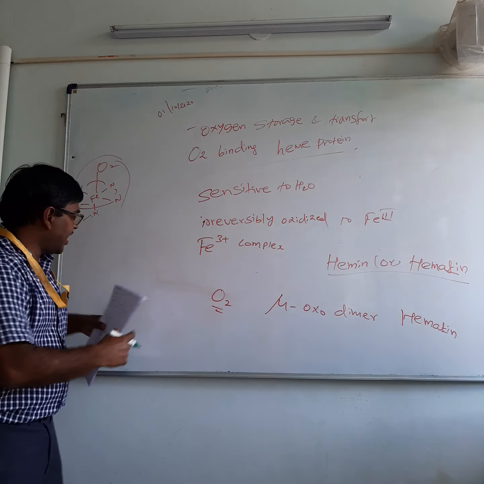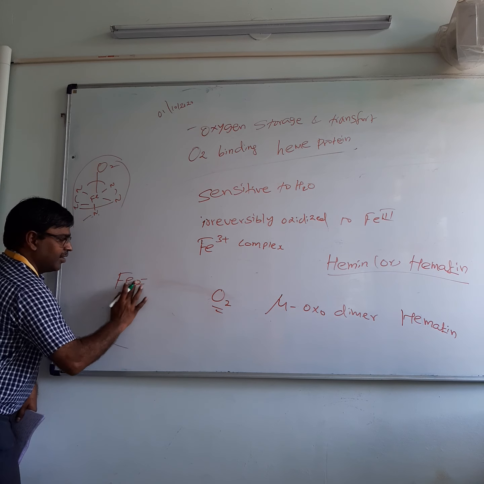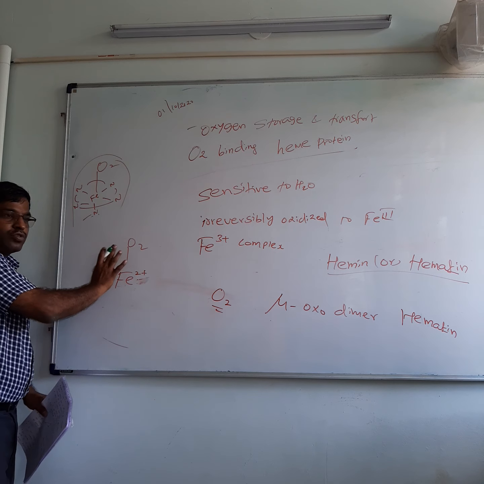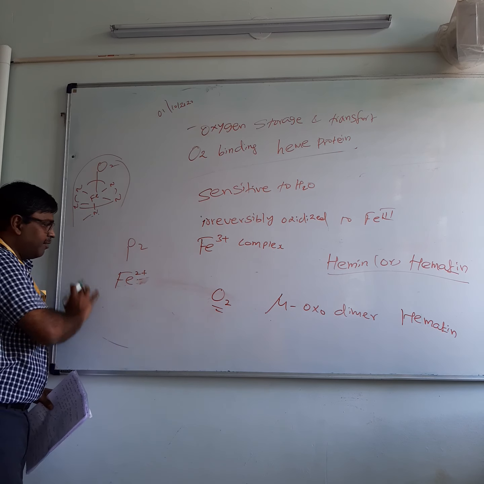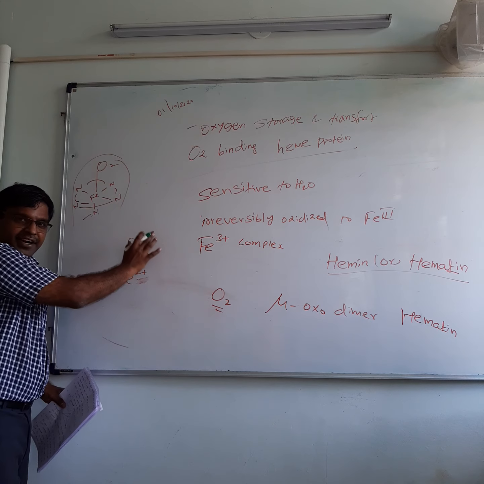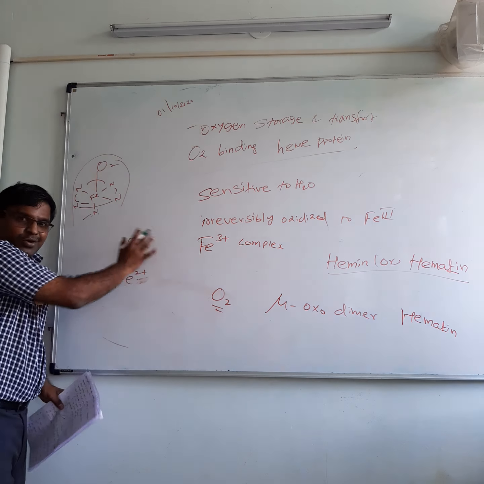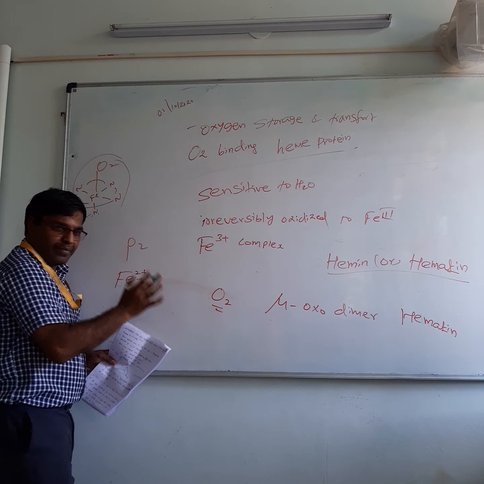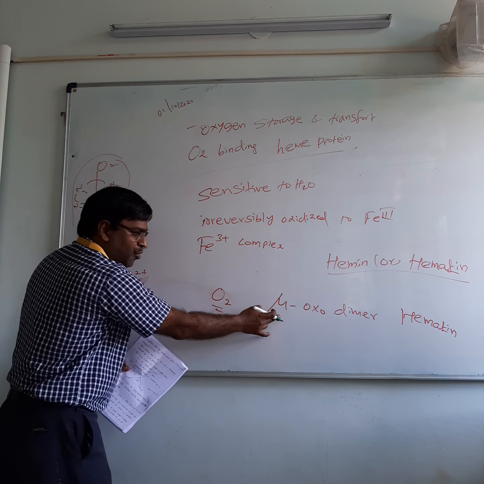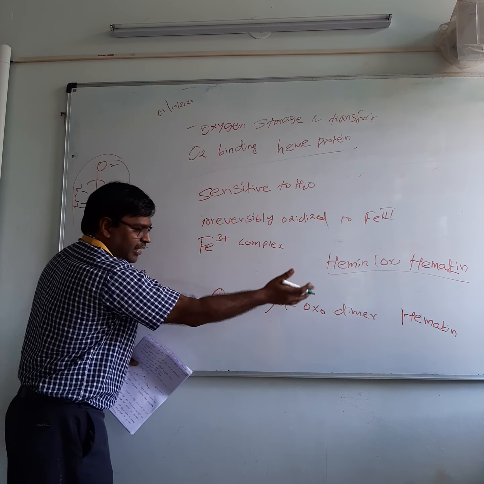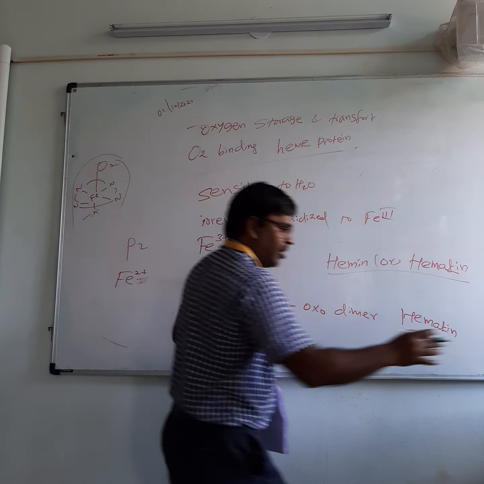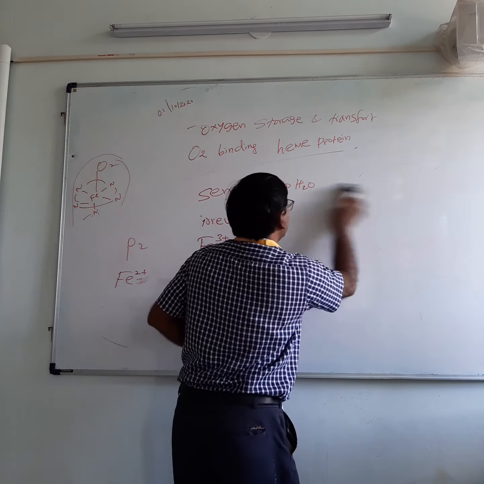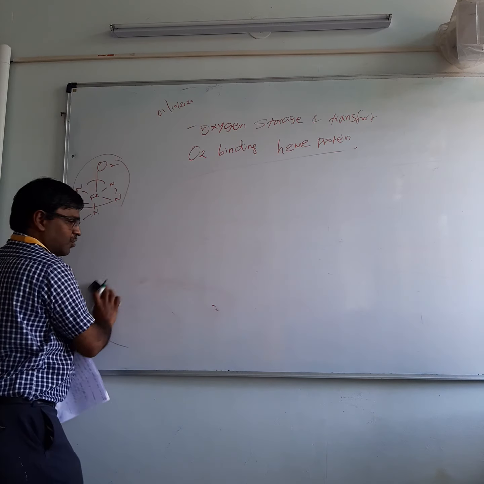If you don't have water, then iron will be very well coordinated as iron 2 plus. It will coordinate with the dioxygen and be saved, and it is used for carbohydrate degradation and energy production. That's how it is used. But when it is exposed to moisture, iron will form the dimeric species. The dimeric species lead to the oxo dimer, called hematin, and it is non-reactive and not useful for oxygen carrier or oxygen storage. This is how the overall process happens.